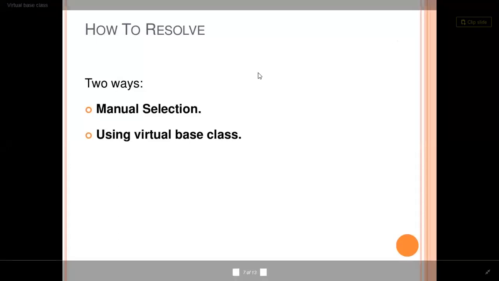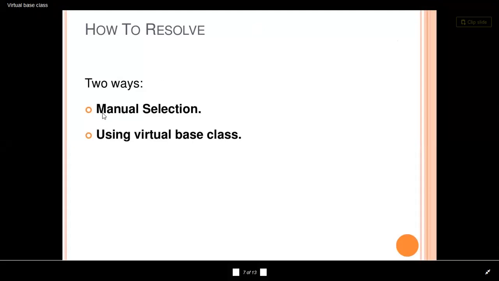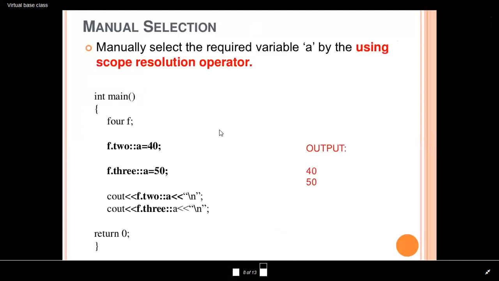In the slide, as you can see, there are two ways we can solve it. We can do it by manual selection, or we can use the virtual base class. I have already shown you how to use the virtual base class. Let me show you how to do the manual selection. To do that, we can specify a specific class, a specific